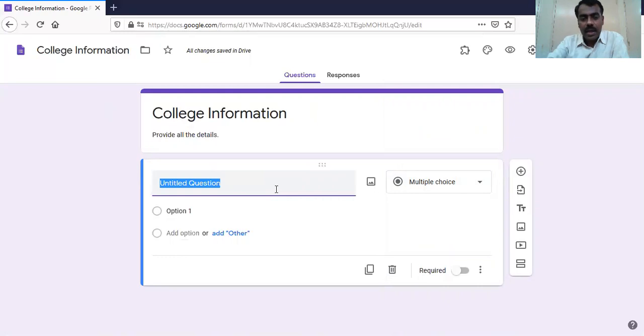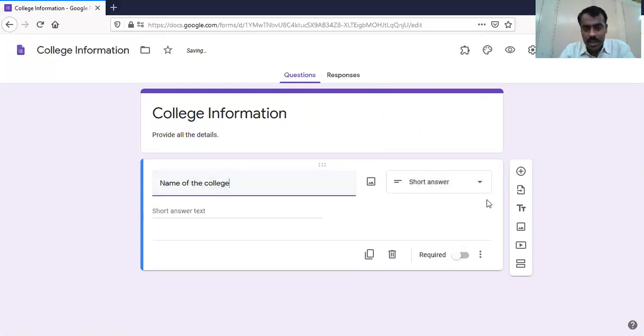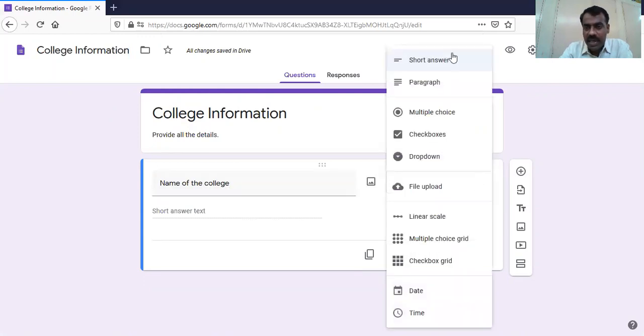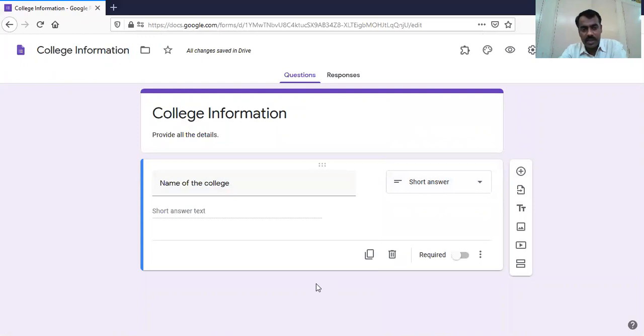For a sample, our questions will be based on college information. Okay. Fine. So the first question we will type as name of the college. Obviously this is a short answer question, and you can see that Google has this artificial intelligence technique. Automatically it recognizes the type based on our question, and if it doesn't recognize, one can always select from here which type of question.